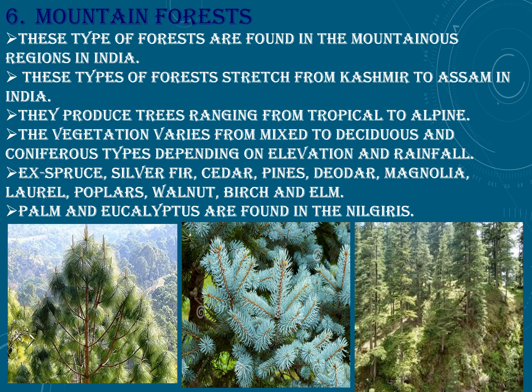Coming to the last type of forest, that is the mountain forest. So under these mountain forests, we don't have any specific types of trees, because there is an increase in height from the foothills to the peak of the mountains, as a result of which there is variation in the amount of rainfall received by these places, but there is also variation in the temperature conditions from the foothills to the peak of the mountains, resulting in the growth of different types of vegetation. So beginning from the foothills, temperature here differs with altitude. This also affects the natural vegetation at varying altitudes.